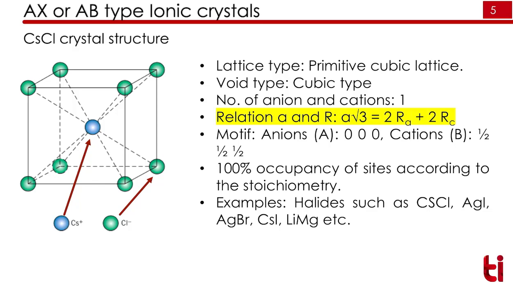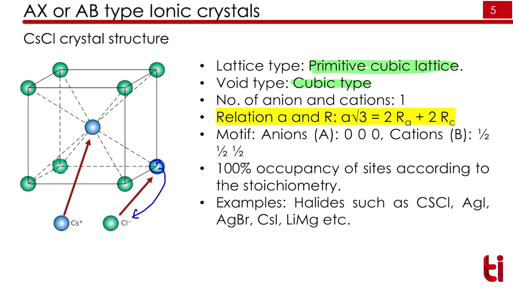First is CsCl. Here we have Cl-, that is the anion, at the corner, and Cs+, that is the cation, at the center. Here this structure looks like a BCC structure, but remember that this is formed by the void position. Here we have only one lattice point, that is for Cl-, and the basis is 2, meaning at one lattice point we have 2 atoms. So this is the primitive cubic lattice. This is a simple cubic lattice, and the void type here is cubic void because there is only one void in the cubic lattice, and that is at the center.